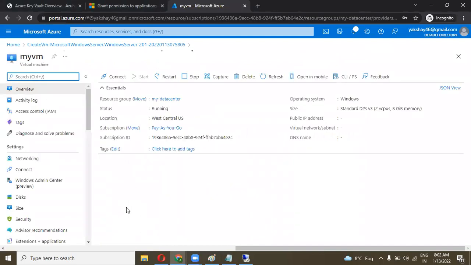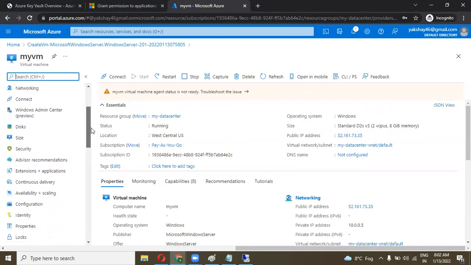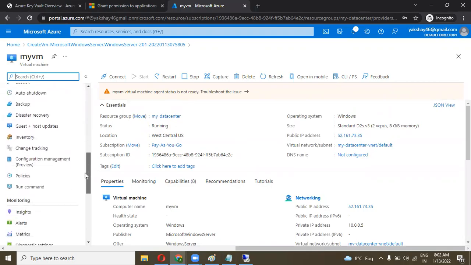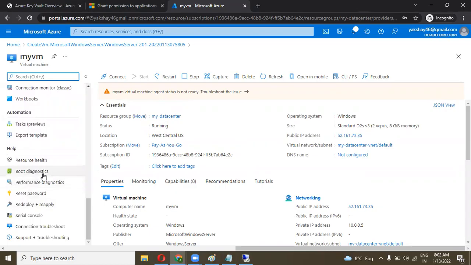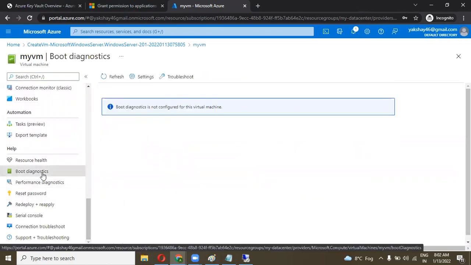Go to the resources, and in the resources you can see a drop down, and in the drop down, boot diagnostic. Boot diagnostic is used if you want to troubleshoot this machine and see the boot logs over here, or for testing purposes.